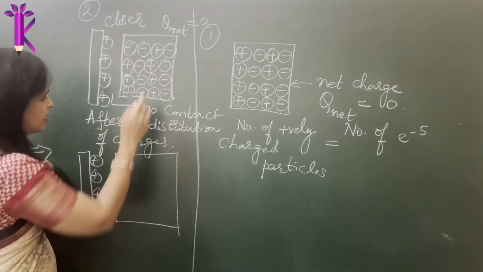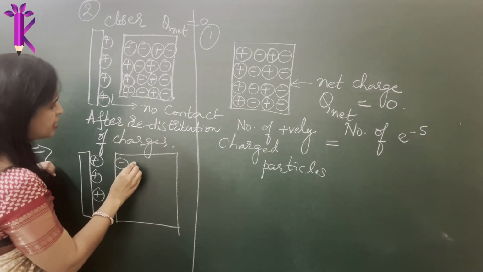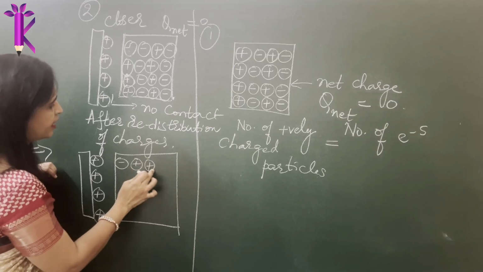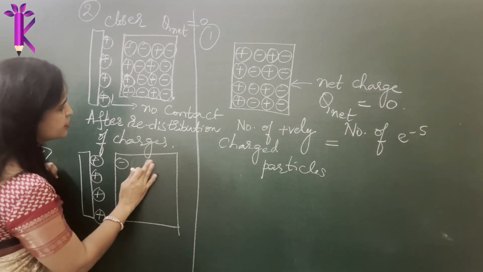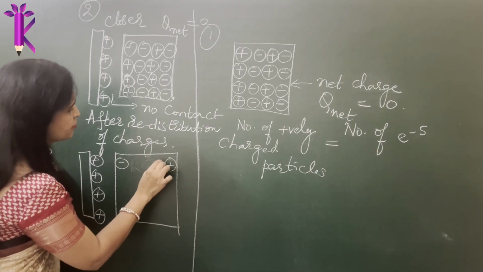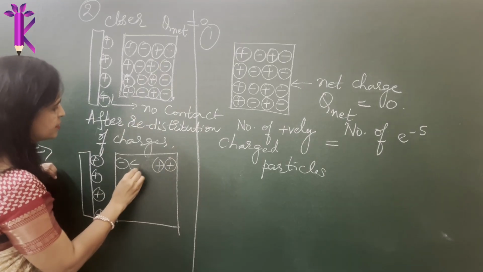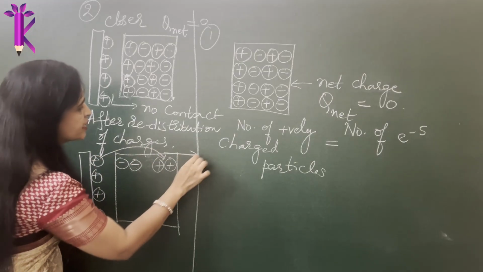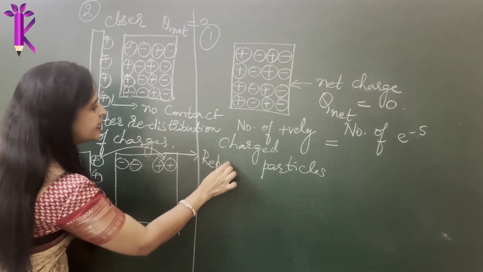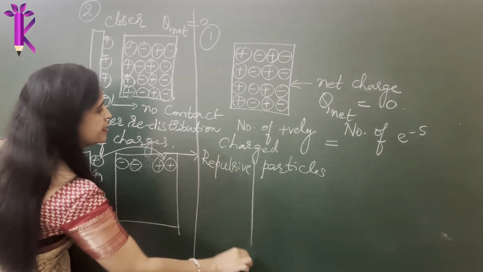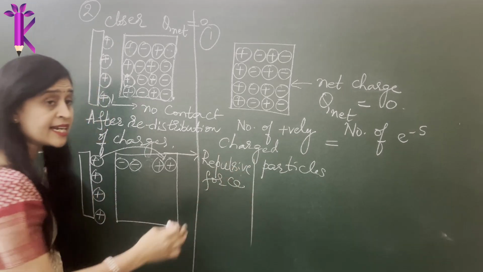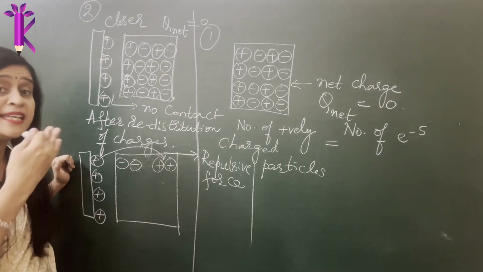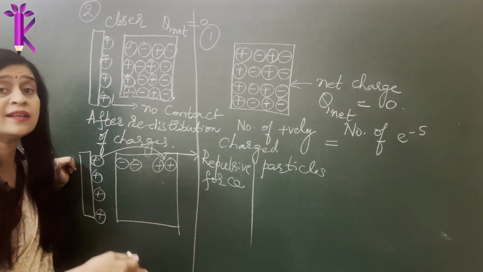If I have to show it step by step, the negative charge comes here, the positive charge comes here. Okay, and there is another positive charge, right? So there are two more positive charges. So they start drifting away. This starts drifting away here and this shifts also here, and the negative charge comes and drifts away here. So basically it has moved away. This shows there is some repulsion. So the repulsive force is what is causing the rearrangement or redistribution of the charges on the surface of this conductor, even without the metal rod touching it.